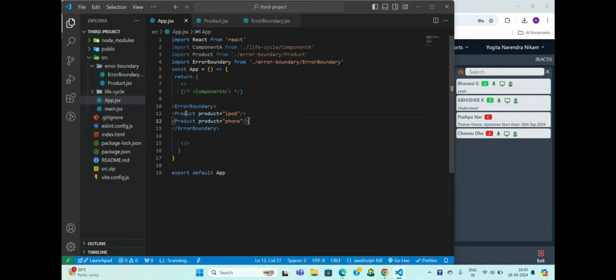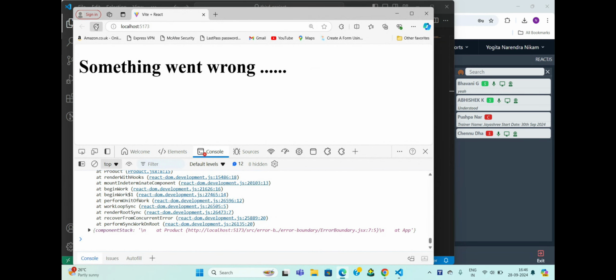In this way you should render, putting in components whenever you feel this component might have an error. Just wrap those components inside the error boundary and now you check. Can you see now, instead of giving a blank UI, it is giving me something went wrong.